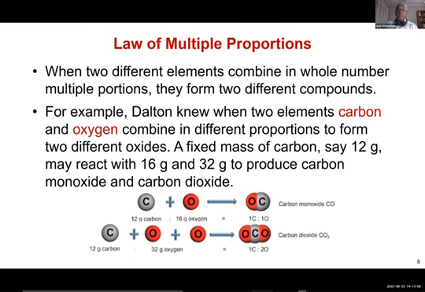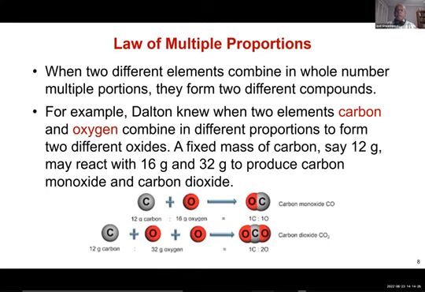So these indicate that when multiple compounds are formed from two different elements, it goes along with the idea